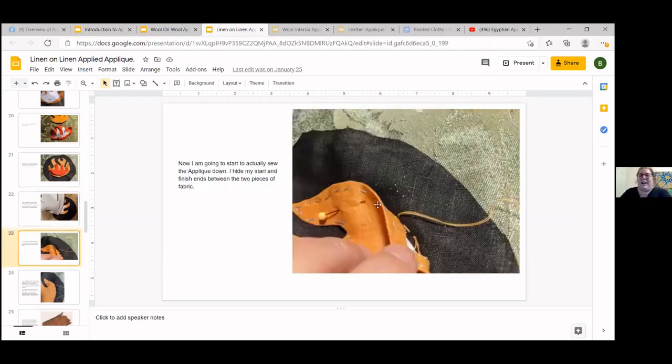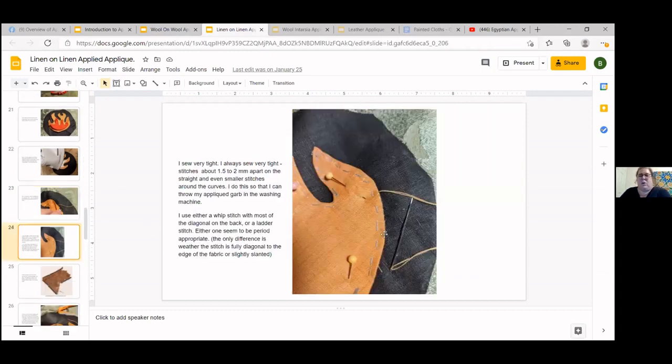So next, I'm actually going to sew my stuff together. Once again, I always try to start and end in between the layers. So here you can see I did a few starting stitches that are going to be covered up by the fabric that I'm going to sew down. Then I sew all along the edge with a little whip stitch. And here, to make your life easier, you want to make a really little whip stitch. You literally only want to catch 2 or 3 threads of